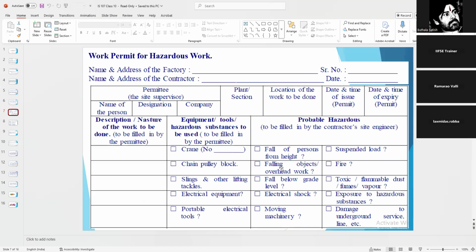Then this is a sample work permit. Already we have seen various work permit copies. Moreover, it is the same. Nothing makes a difference. It is not a mandatory template that you should follow only this. Based on the nature and type of activity and your company process, you can alter this permit. It will have your company logo, serial number of the permit, who is involved, the name and address of the contractor, sometimes the requester, and the date,